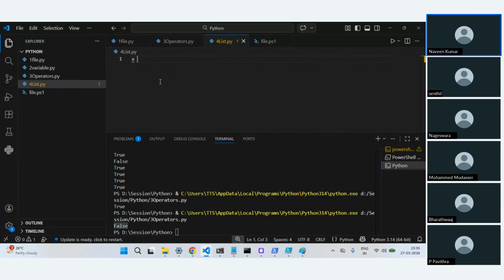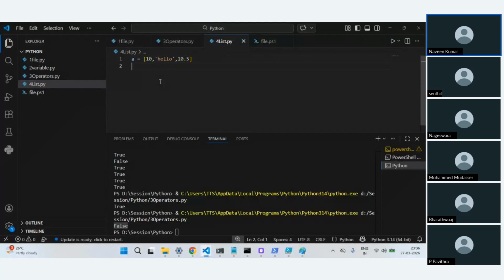For example, if I'm doing 10, I cannot store a string here by default. But I can take this as a list. You define a list in square brackets, and here I can store different data types, like 10.5, a float also.